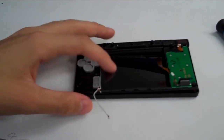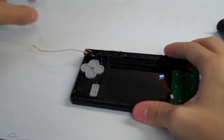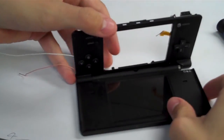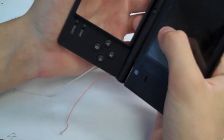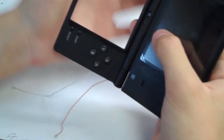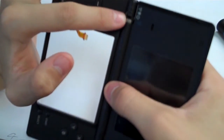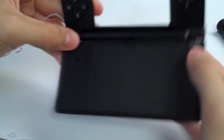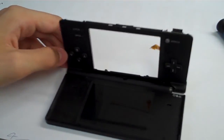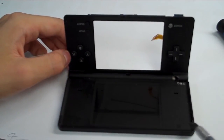Alright, so right now, let's go ahead and pull the microphone and antenna wires out of the case. Get those out of the way, and we will open up the case. Right now, with our hinge right here, you can see it's damaged right there. And so I can just pull this right out, but I'll show you what to do if your shell is still intact. We're going to have to get our exacto knife, and we are going to have to